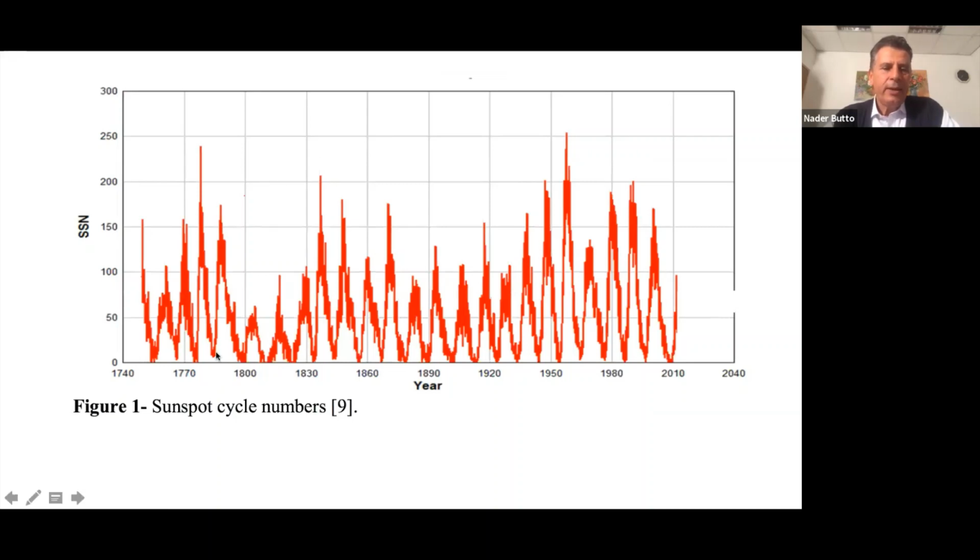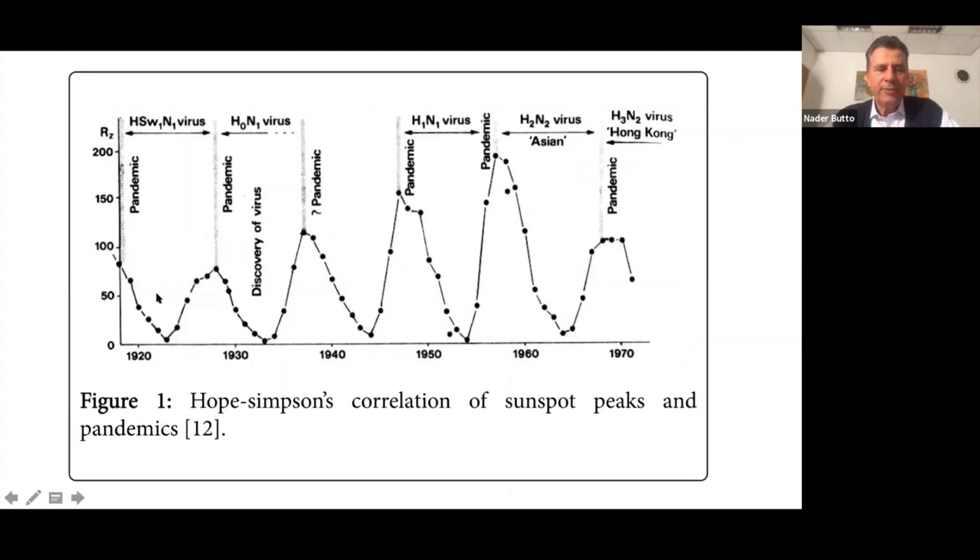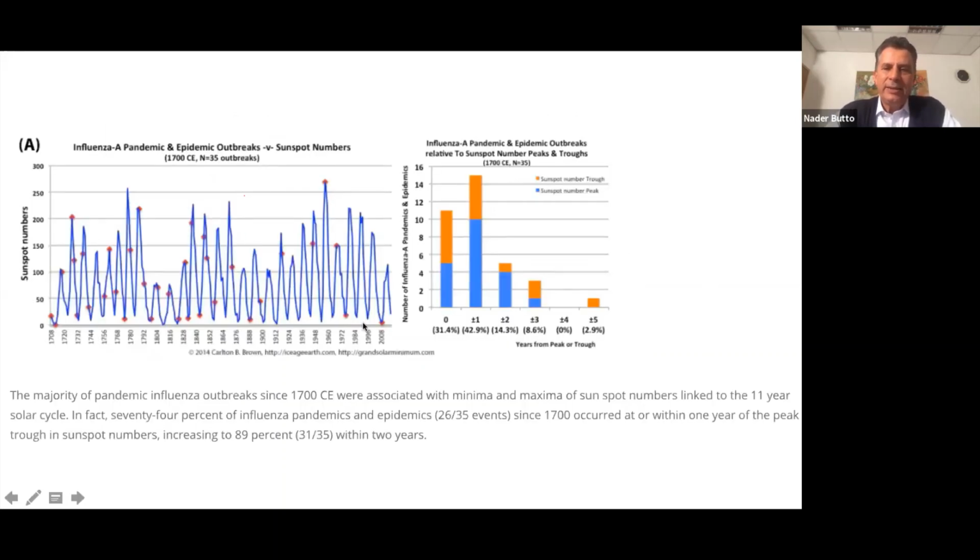These are the sunspot cycle numbers you can see here with the years. They started very early to look at the sun and the spots, so we have a lot of data about the number of these spots. And if we look at the number of sunspots and the pandemics, you can see a very interesting pattern: you have a pandemic every 11 years. And there is another very interesting pattern as well,